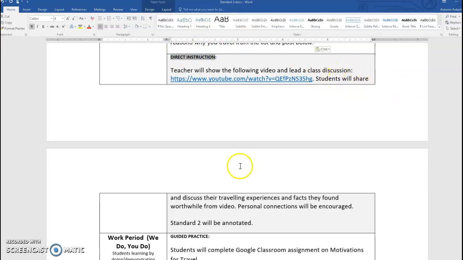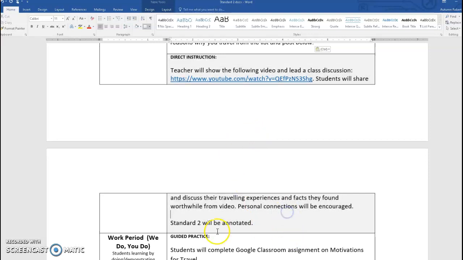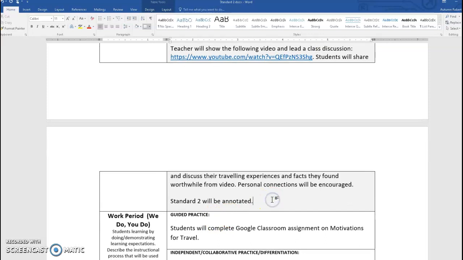Okay? Students will share and discuss their traveling experiences and facts they found worthwhile from the video. Personal connections will be encouraged. Again, you don't have to turn anything in for this. This is what I'm doing. This is the teacher's responsibility box. Okay? And then together we will annotate standard 2. And so the first thing that I've asked you to do is what? Define